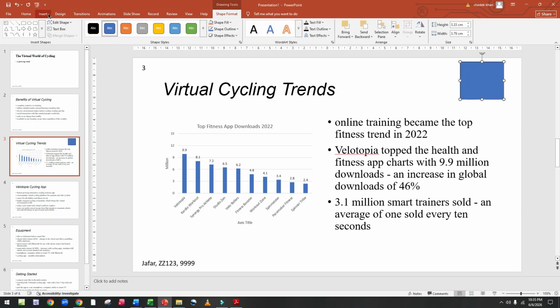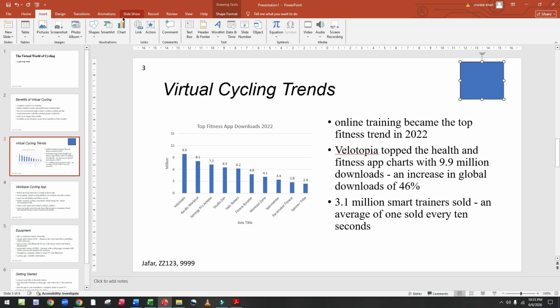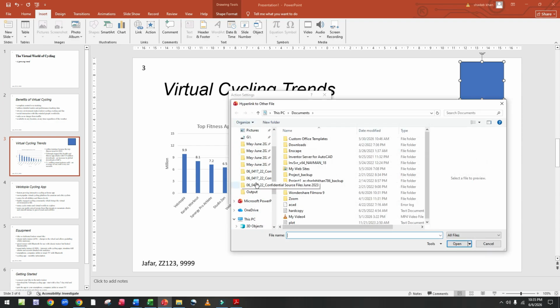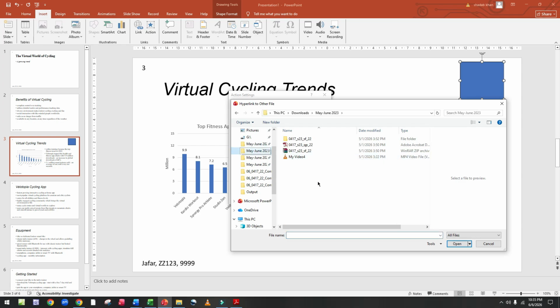Then we click on Insert and here is the Action option. Click on this, hyperlink to, other file, go in your work area.